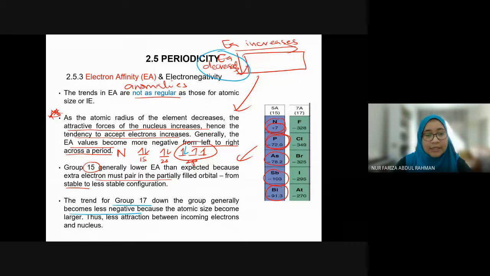Okay, why does it decrease down the group? Because the atomic size becomes larger, because of the increase in N, right? When N increases, the size becomes larger. When the size becomes larger, the attraction becomes weaker. When it is weaker, that means